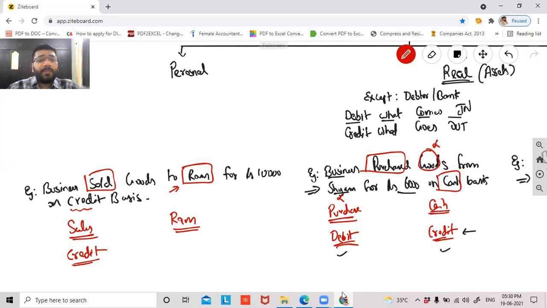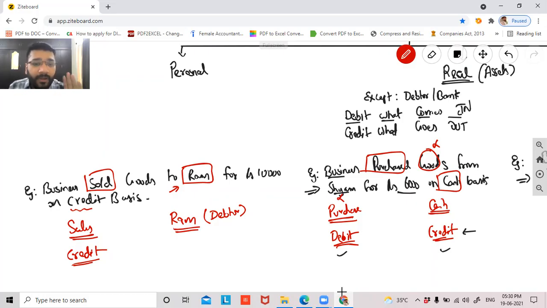Guys, so now Ram is a person. Now what rule will you apply? From Ram, do you get the flavor of sales, income, expense, gain and loss? Tell me. To be more precise, can I say Ram means debtor from the business point of view? From business point of view, Ram is a customer who's supposed to give me the money in future. So can I say technically Ram is called a debtor from business accounts point of view? Yes or no? Yes, sir.